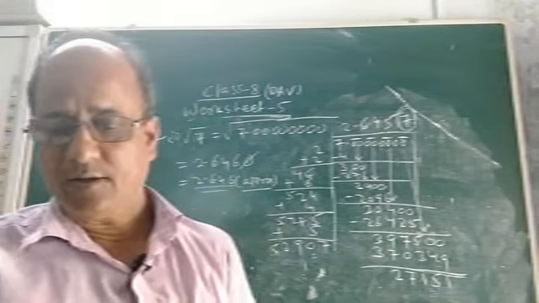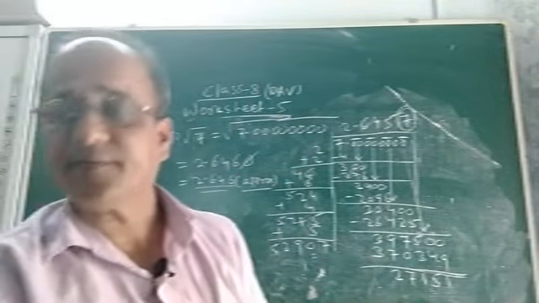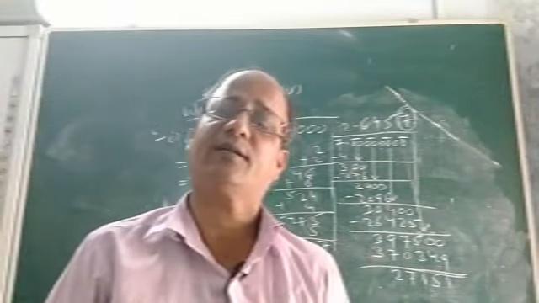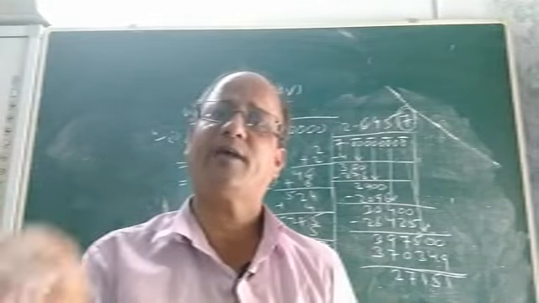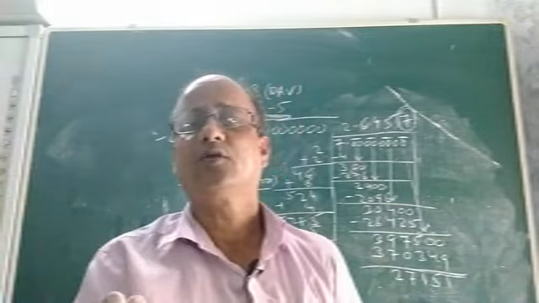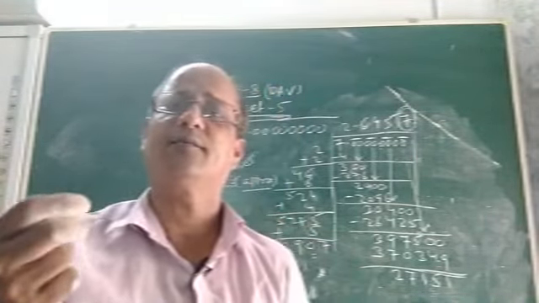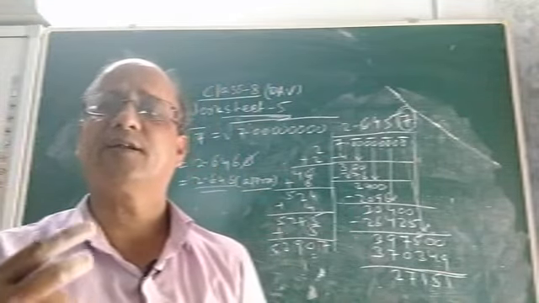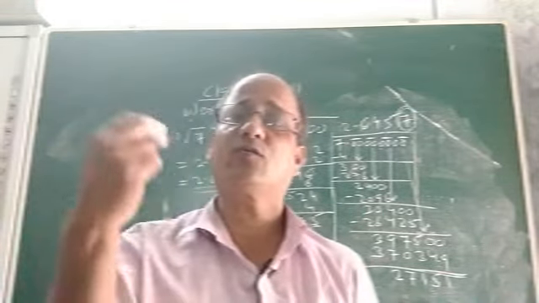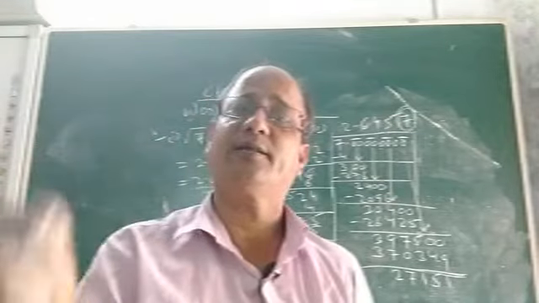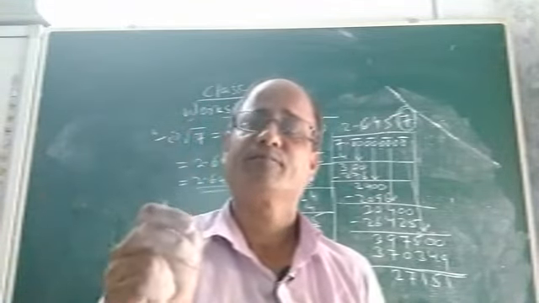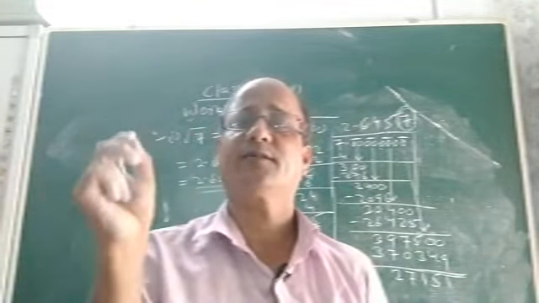So number 5, 6 and 7 we will discuss in another class. Okay, so that it will be easier for you to understand. So today you do this much. Only number 5 there are 4 bits. I did 2 questions. The 2 other questions you try to solve yourself, so that your brain will be exercised and you will be able to know how to find the square root of non-perfect square, particularly decimal numbers, correct up to 3 places of decimal or 2 places of decimal, like this.